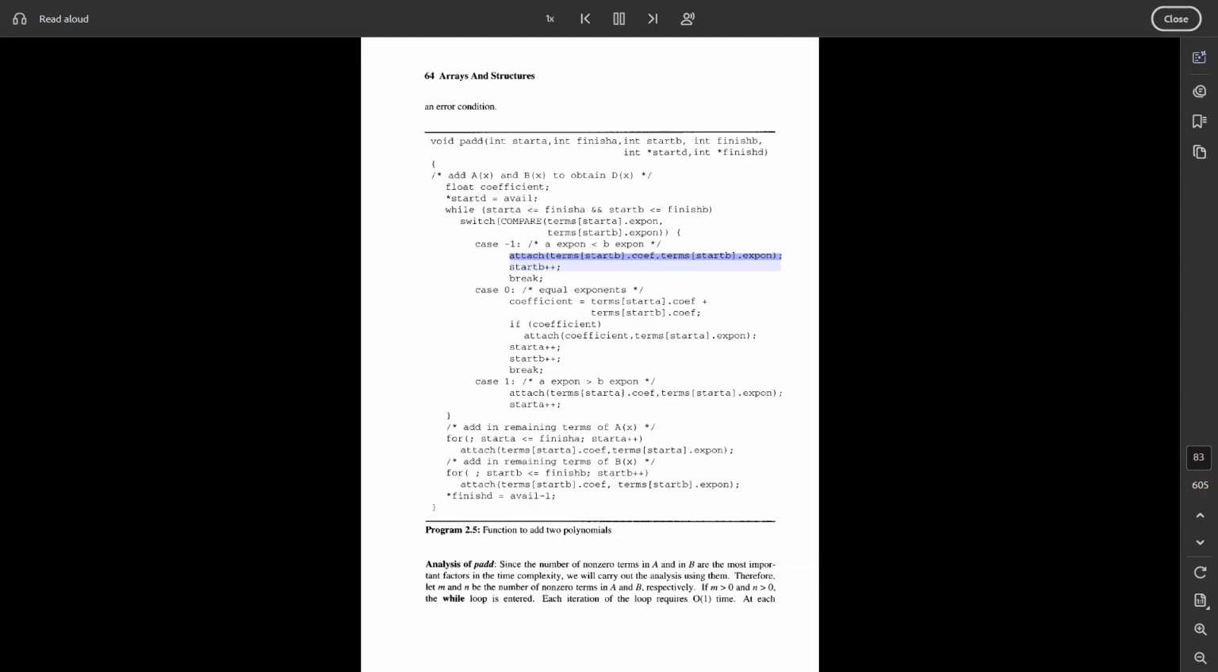attach(terms[startb].coef, terms[startb].expon); startb++; break; case 0: /* equal exponents */ coefficient = terms[starta].coef + terms[startb].coef; if (coefficient) attach(coefficient, terms[starta].expon); starta++; startb++; break; case 1: /* a expon > b expon */ attach(terms[starta].coef, terms[starta].expon); starta++; } /* add in remaining terms of A(x) */ for (; starta <= finisha; starta++) attach(terms[starta].coef, terms[starta].expon); /* add in remaining terms of B(x) */ for (; startb <= finishb; startb++) attach(terms[startb].coef, terms[startb].expon); *finishd = avail - 1; }